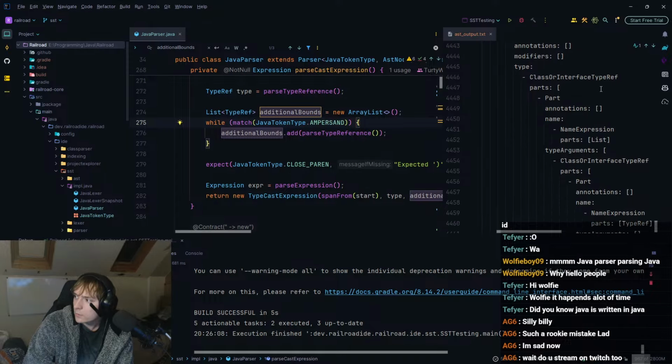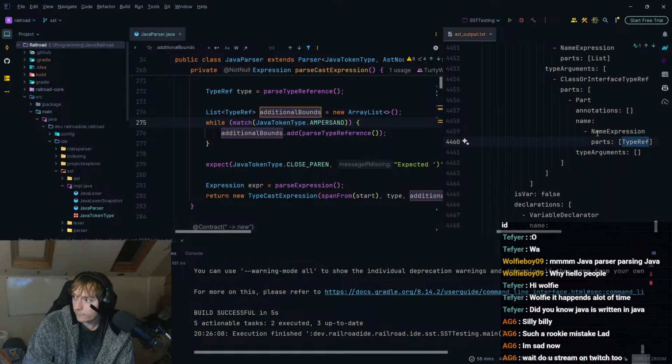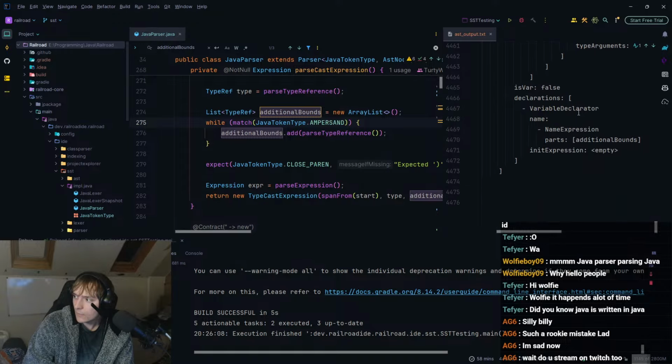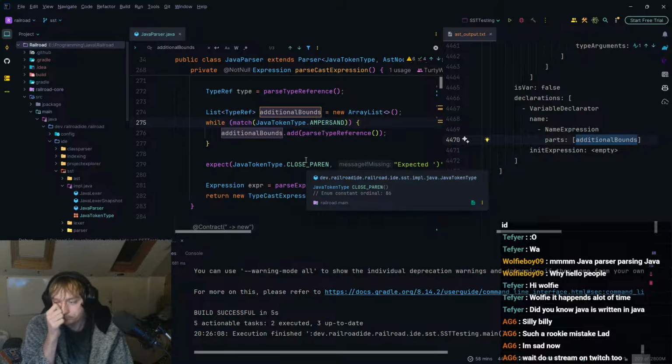Okay. The type is a list of type ref. And then that's called additional bounds. Okay, yes. And that is equal. And it doesn't know what to set it equal to. Interesting.